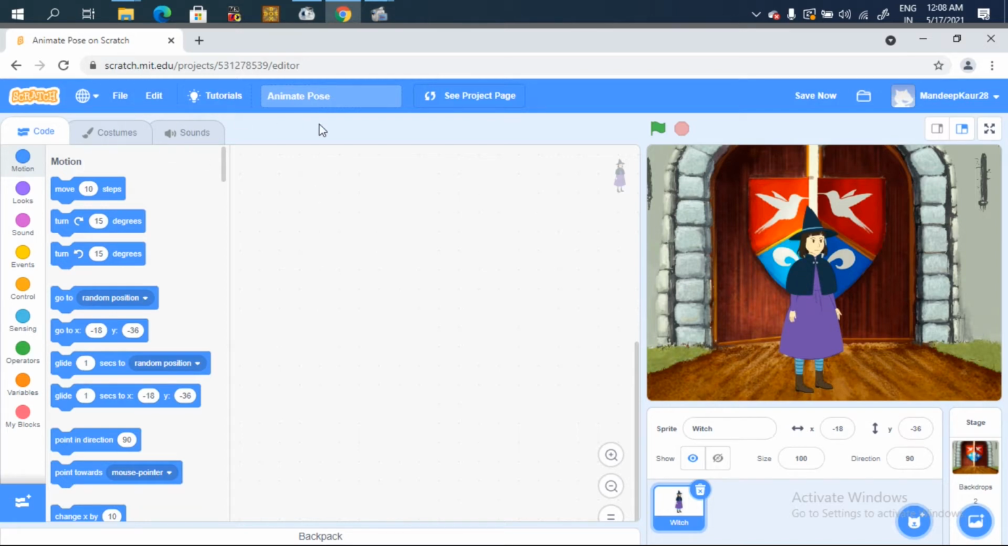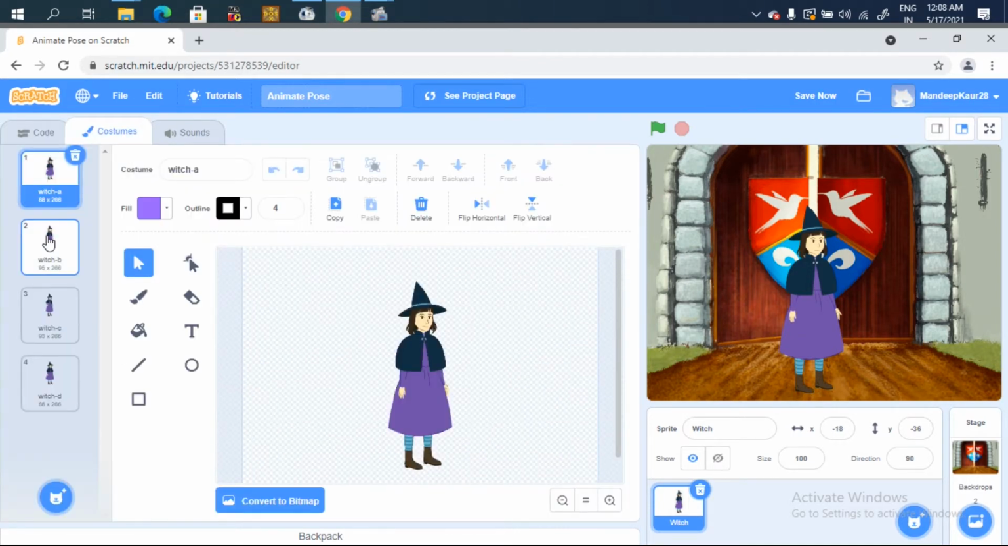Now I really want to animate the poses. So for this I have to go to this costume option and I have to see whether this character or the sprite has different poses or not. So the very first pose is she is standing still. The second pose is she is thinking something with her hands widened. The third pose is she is thinking something very angrily. And the fourth pose is she is giving an intense look to someone. So these are the four poses we have